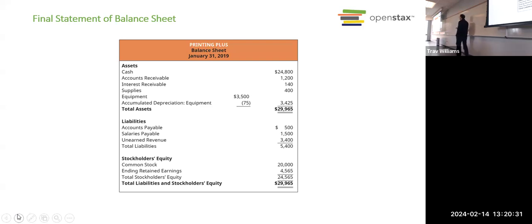You just saw it, right? The retained earnings statement. So you have to make your income statement before you can make the retained earnings statement. You have to make the retained earnings statement before you can make the balance sheet. Other than ending retained earnings, where does the rest of this information on the balance sheet come from?